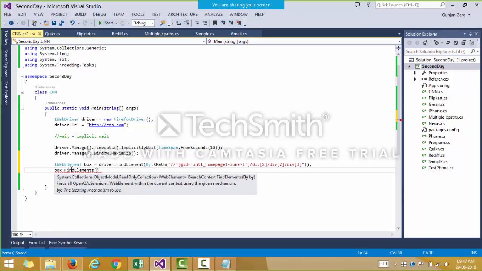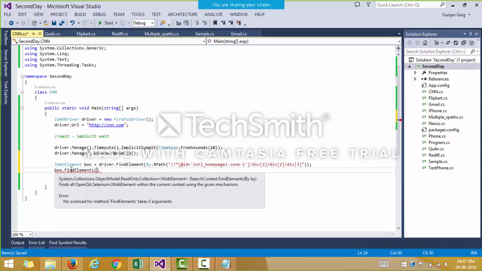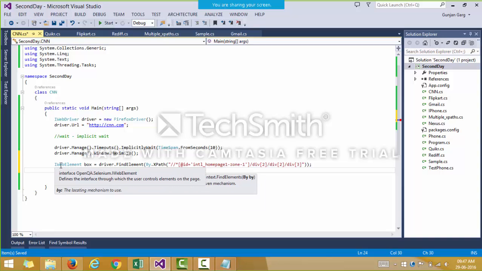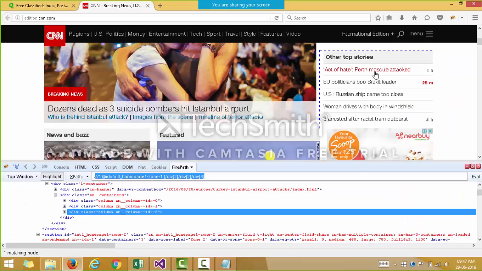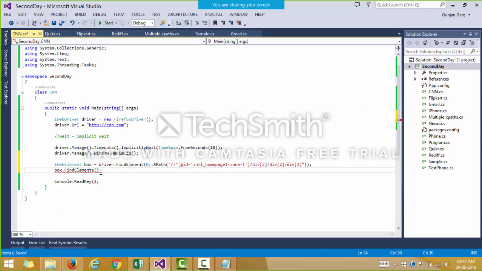When you write box dot find elements, it will find all the links present inside this page, right? As we can see, all these are links only, so we can write By dot tag name, that is, the tag name is a.